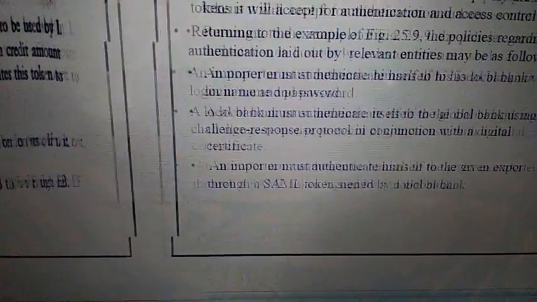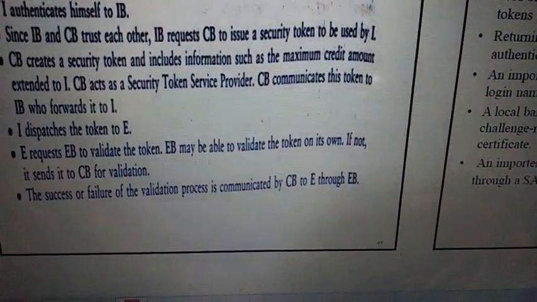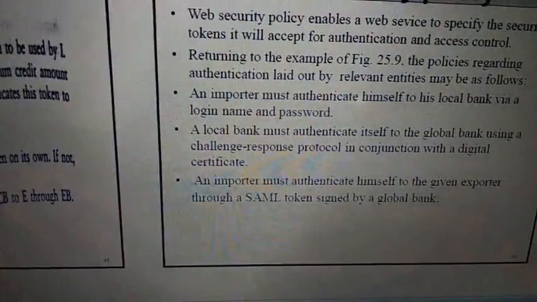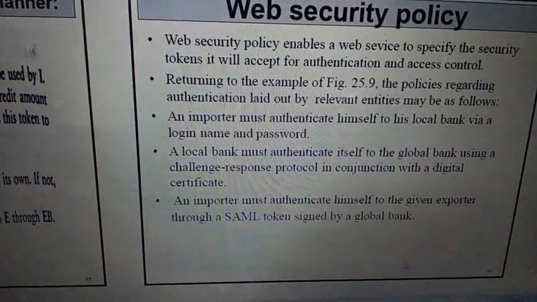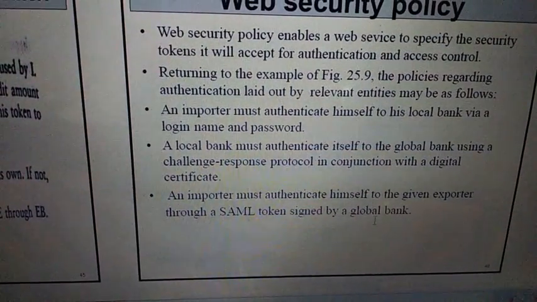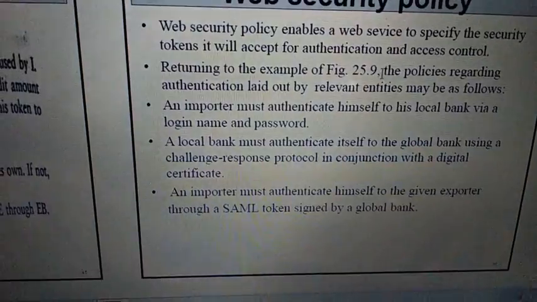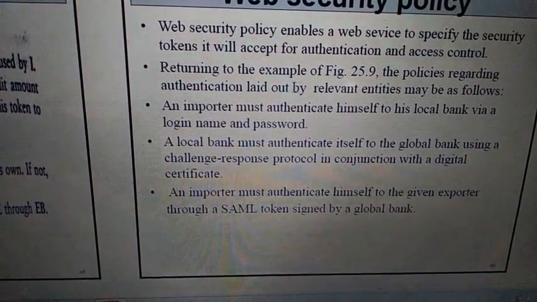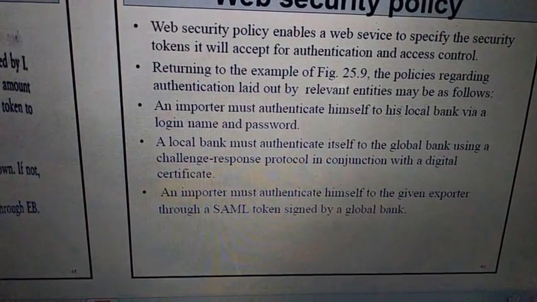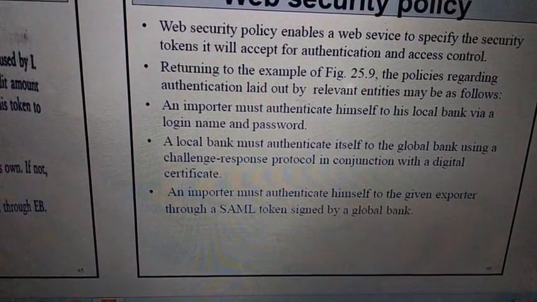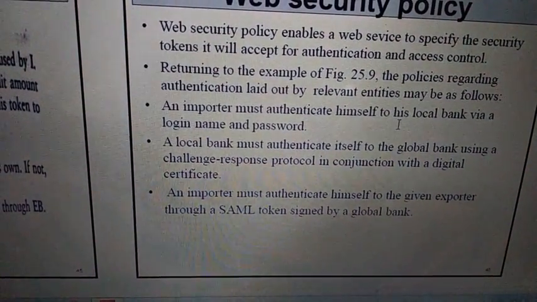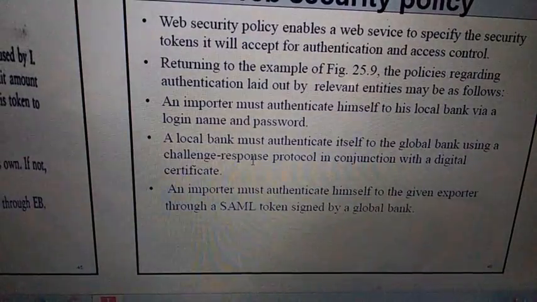Similarly we have WS Security Policy. All these policies enable a web service to specify the security tokens it will accept for authentication and access control. So those are the policies regarding authentication laid out by relevant entities, right? It may be the importer or local bank, etc. That is what is shown here.